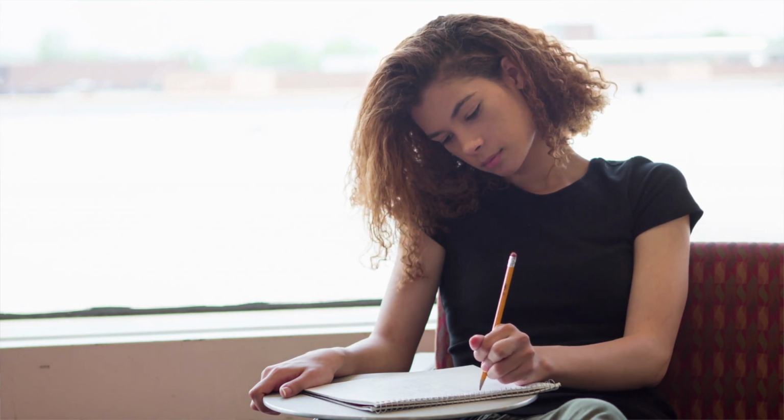You could go as simple as a Google Doc so that it's automatically saved for you, or you could use a fancy tracker or app to do your language journaling. This does not have to be long. If you have in your mind that you're going to spend 15 minutes journaling a day, one, it's not really necessary unless you just have a lot to get off your chest that day. And two, you may not be consistent with that. So take 1 to 5 minutes a day. It could even be less than a minute, honestly,